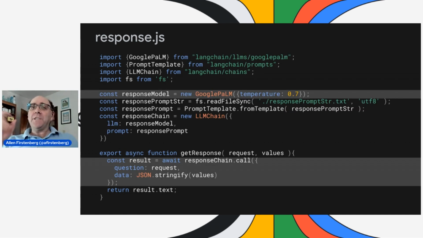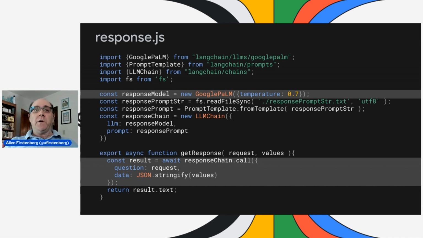Again, this code looks very, very similar to the earlier one where we're sending the request off to the LLM. Again, we're going to be using the Google Palm model from MakerSuite. But you notice in this case, we've changed the temperature. In this case, we want a more friendly response rather than a robotic sounding response. So we're going to give it a little more leeway and randomness. We're again going to use a different prompt string.